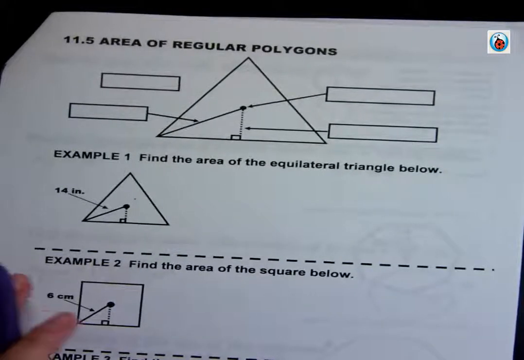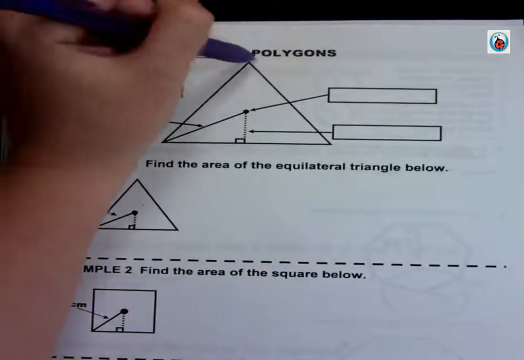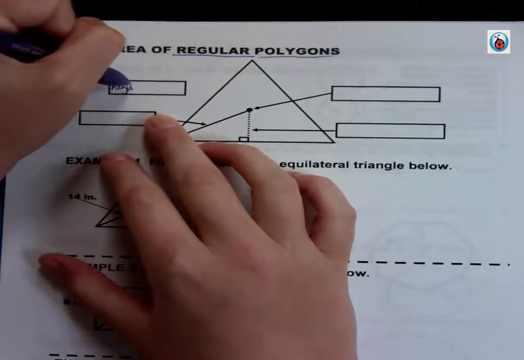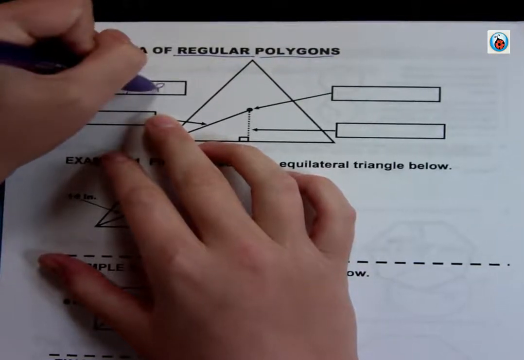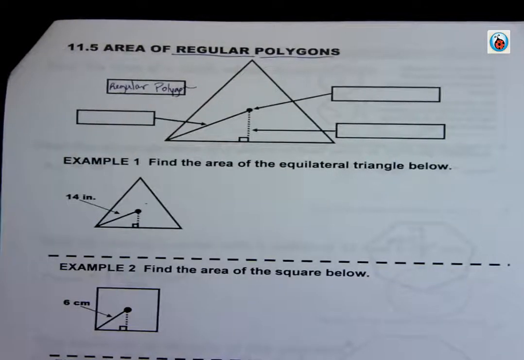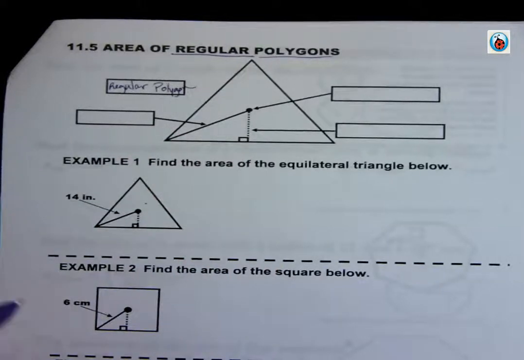So this is our vocabulary at the top. It's kind of nice we don't have to look at the definitions because we've got pictures. So what is this shape right here? Well, it's pretty easy to figure that out. It's a triangle, but it's also a regular polygon. So we have a regular polygon. Think of this as it could be a 4-sided, 5-sided, 6-sided shape, but we just have a triangle for